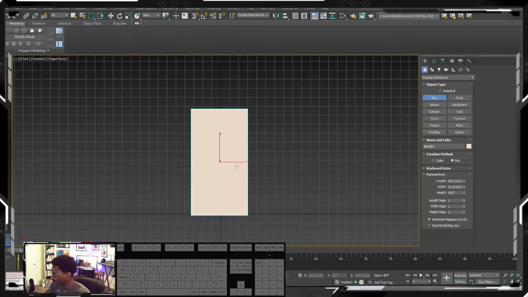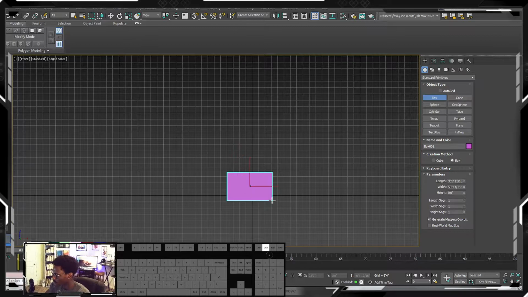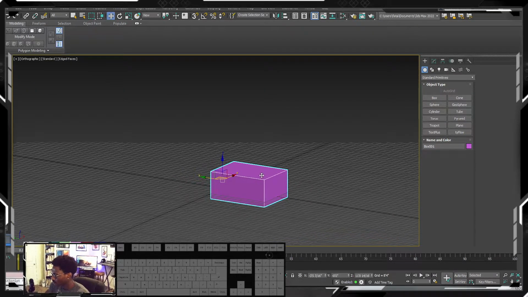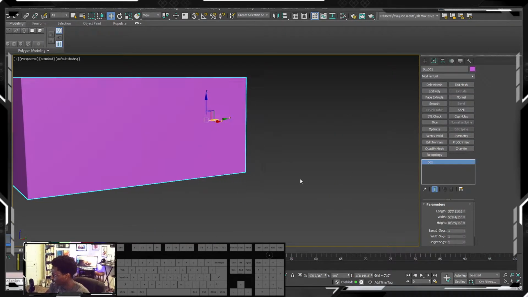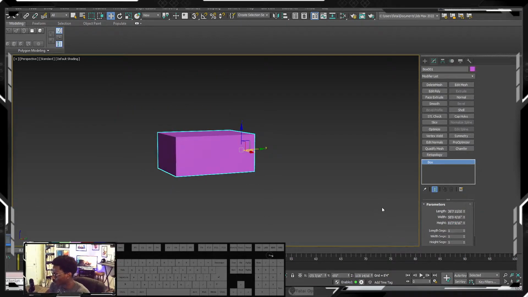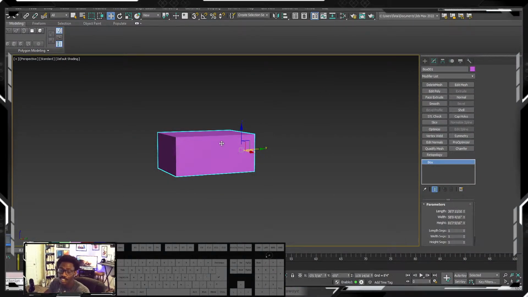And now if you see my box, let's hit P on the keyboard to get in our perspective view. So now my height is 81. Well, I already did a little preliminary research, and I found out that Link is actually just 5'7" in this game. In different games, he's different sizes, but he's 5'7", so he's going to be our metric